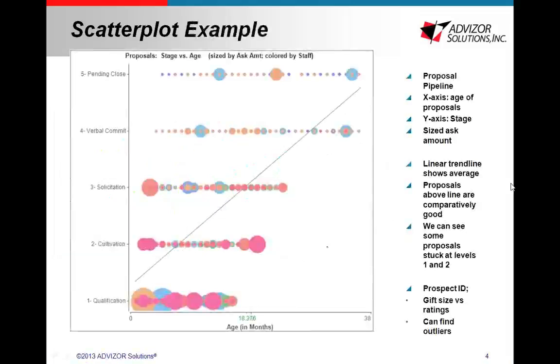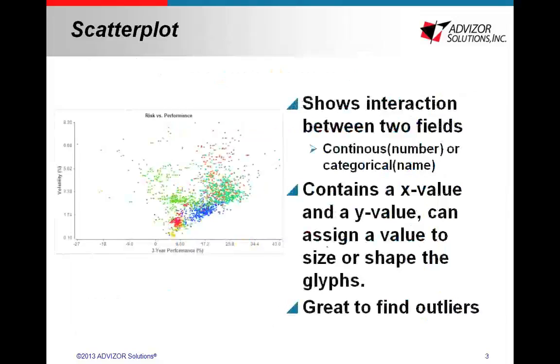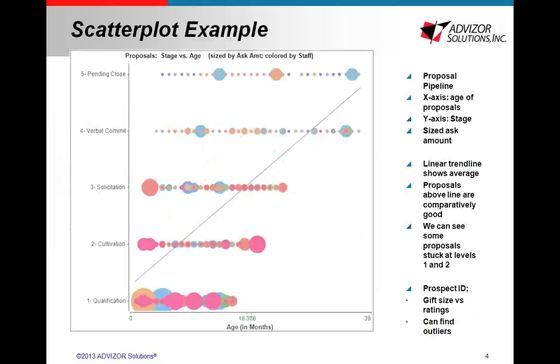So now I wanted to show you a more specific example of the Scatterplot. Before, I have in here just mutual funds based on our demo. It's just risk versus performance. So we have the performance and then volatility on the vertical axis. In here I have a more specific sample